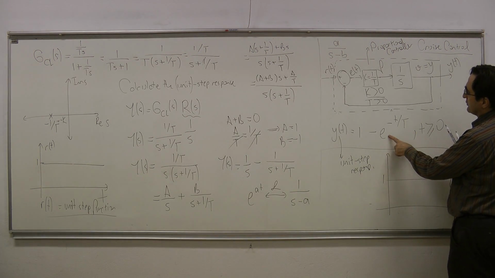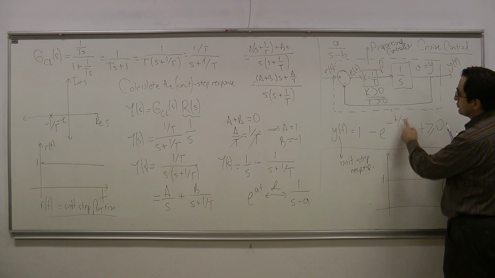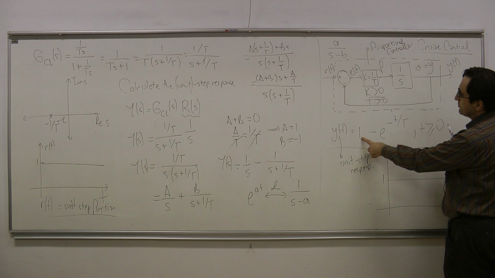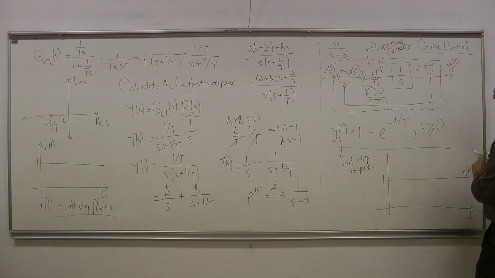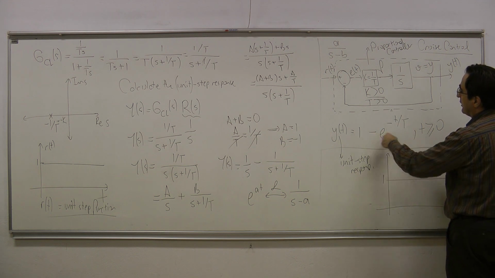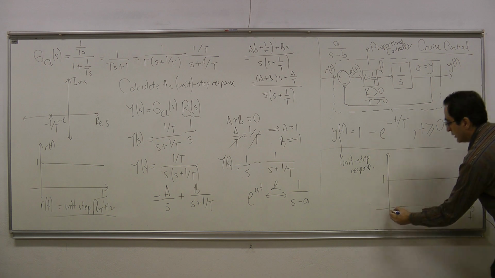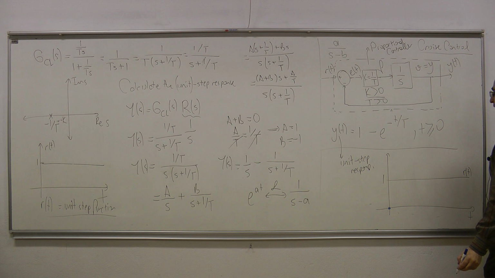So this exponential is constantly decaying, and at t equals 0 it's equal to 1, which means that the output is equal to 0 at t equals 0. Okay? If I substitute t equals 0, then I would have y of 0 is equal to 0. So our output is going to start from here, and